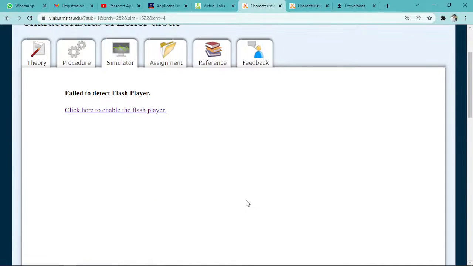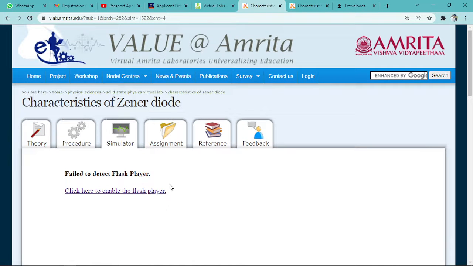Okay, so one thing is given there. For the last some months, the Flash player is restricted by this website. I don't know why, or it might be a problem of my computer. But if your computer or laptop is not working with a Flash player, then another solution is there. If you need to download Flash player, you can download it from any website, and here also you can click and you will get the Flash player. Already I downloaded it here.